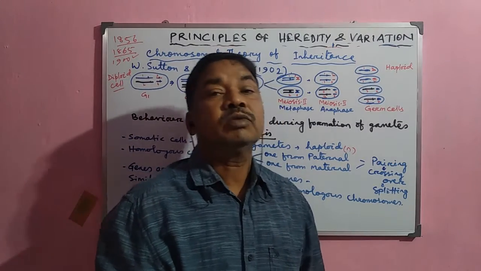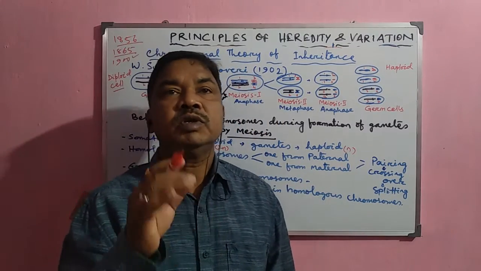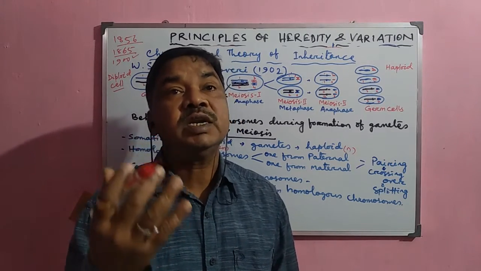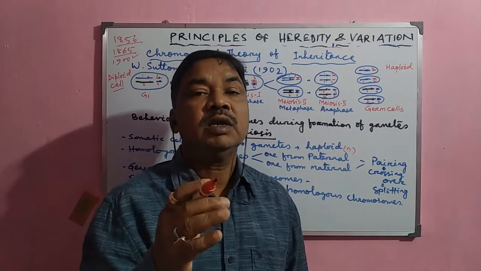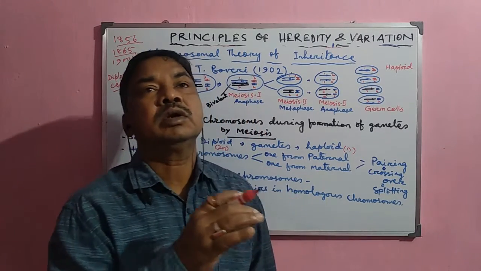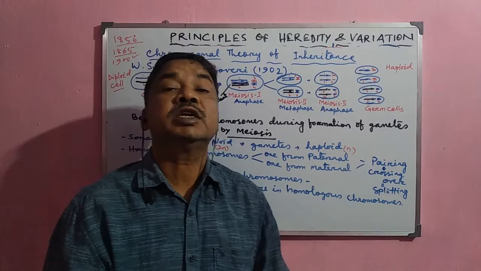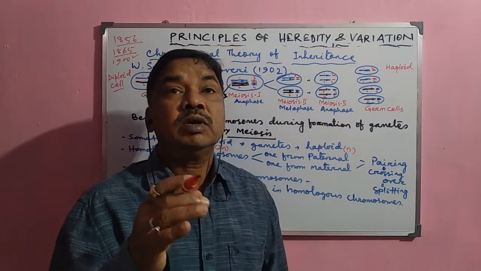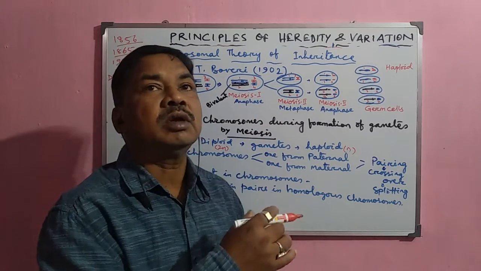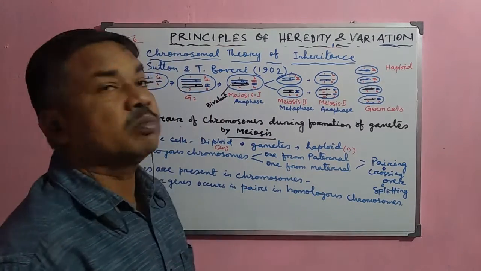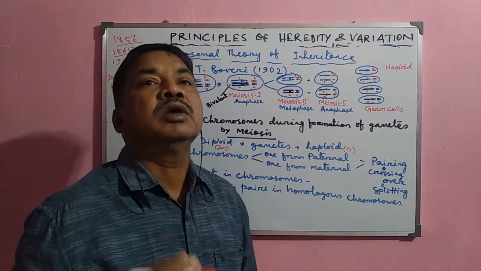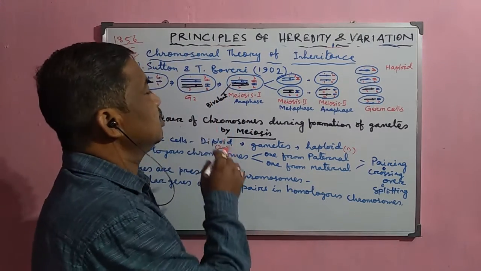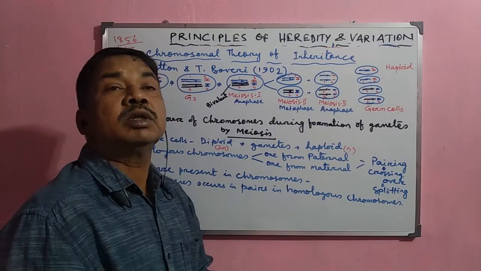Second, he gave the idea of unit characters, that means factors which are unit and non-blending in nature. That is why these were not accepted by contemporary scientists like Darwin, Wallace, etc., because they were in the habit of accepting blending inheritance, which was normally attributed to environmental influence. So these are the main factors for which it was not recognized.